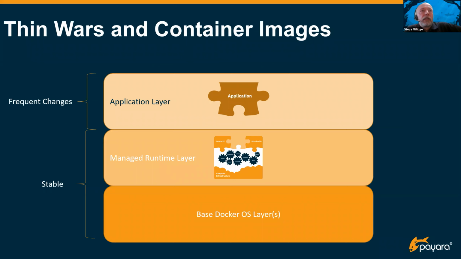Then you will have the runtime. So at this point, for example, if this was Payara Micro, you could layer a specific version of Micro on top of the base operating system layers, and then you can just add the application code as a single layer. The benefit of this is that the runtime layer and the operating system layers tend to be pretty stable and can be pretty big, whereas the application, especially during development or pre-production, may go through a lot of frequent changes.